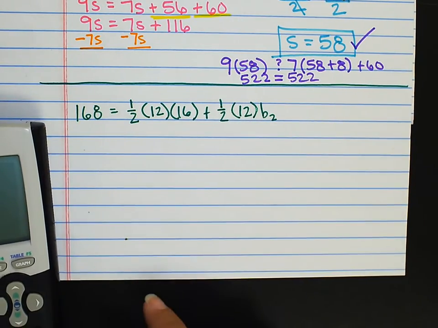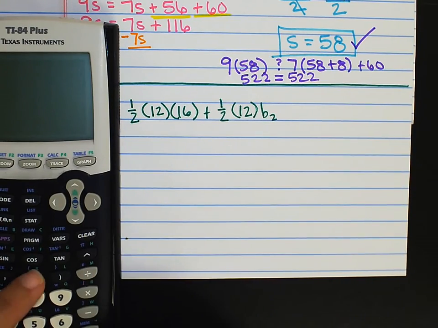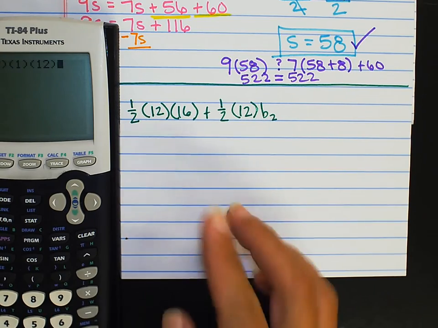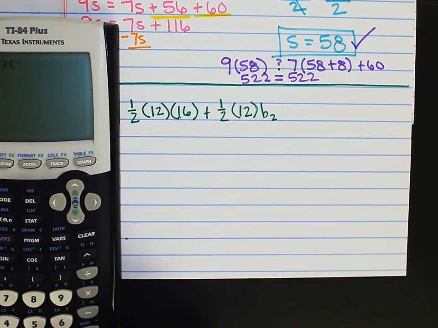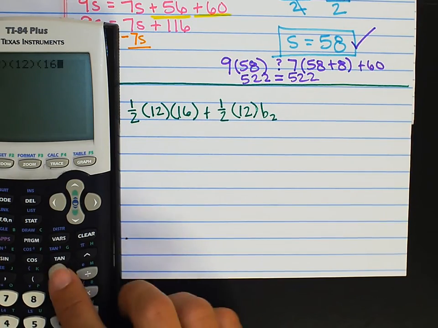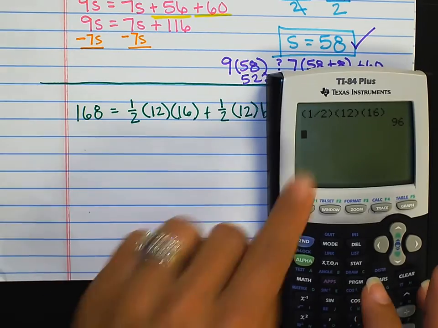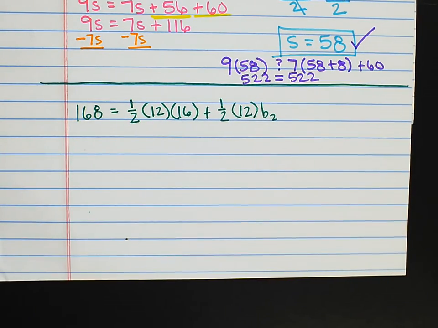Let's start simplifying the right-hand side of the equal sign. I have 1/2 times 16 times 12, or let me do that 1/2 times 12 times 16. I'm going to do it just the way it was given to me, remembering that when I put fractions in the calculator, I put them in parentheses. That gives me 96